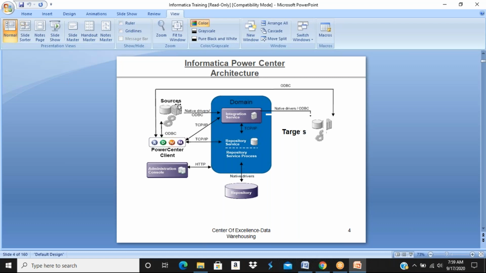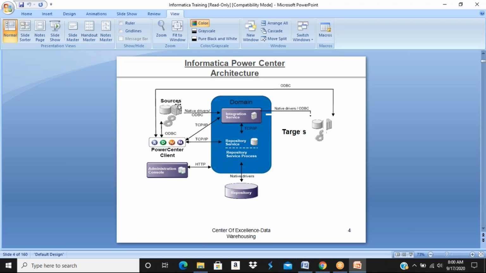Your source system can be a database, flat files, SQL Server, COBOL files, web services or web providers. It can be anything. So Informatica is a powerful ETL tool which is used to extract the data across different source systems and load the data into target systems.